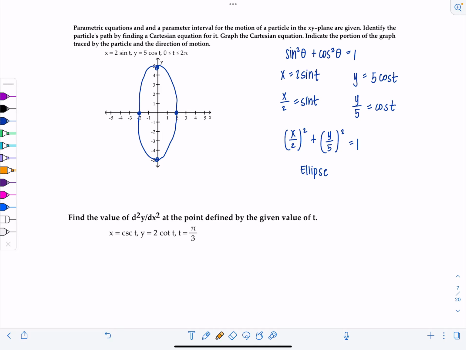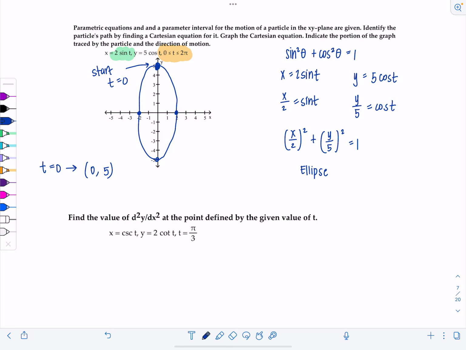Okay. Now from here, they want us to indicate the direction of motion. I knew it was the entire ellipse. Sorry, I didn't mention, because t goes from 0 to 2 pi. So it'll trace out the whole thing all the way around. But to figure out the direction of motion, let's plug in a couple values of t to see where we start and where we finish, okay? So I'm going to plug in t equals 0. The x coordinate would be 2 times sine of 0, so that's just 0. 5 times cosine of 0 would be 5 times 1. So we start at 0, 5. We start right here